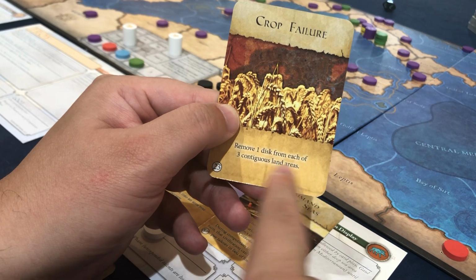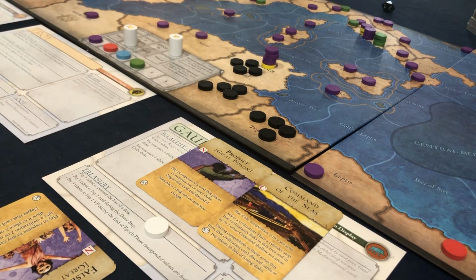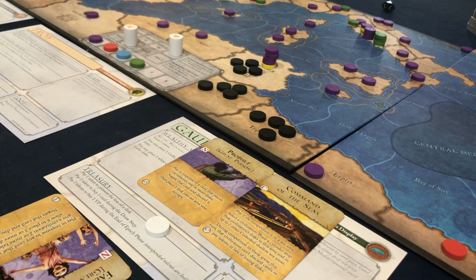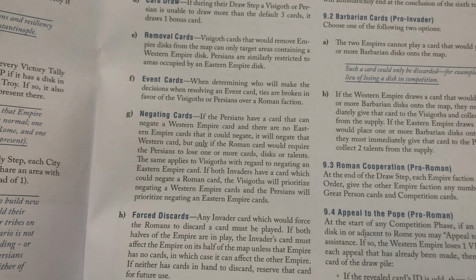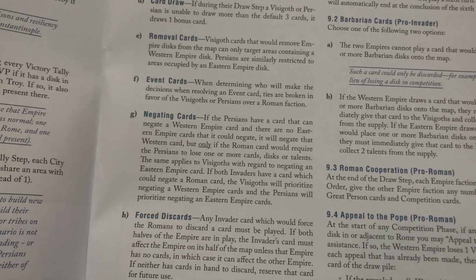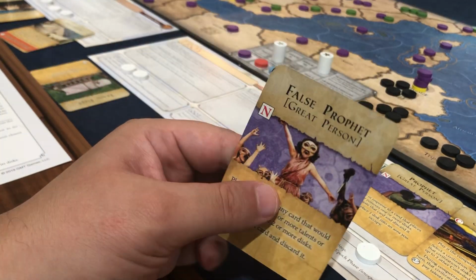So now we move to Eastern Empire. Remove 1 disc from each of 3 contiguous land areas. And they're going to definitely do that. And I don't think anybody can negate that. Remember, the AI only helps the other AI if it impacts themselves. Let me read it one more time, but I'm pretty sure that's the scenario rule here. So remember, it's as if the Persians, but just reverse it, because the rules say to do that. So if the Visigoths have a card that can negate an Eastern Empire card, and there are no Western Empire cards that can negate it, it will negate that card, but only if the card would require the Persians to lose 1 or more cards. Oh, actually, they would help each other. So what it's saying is that they would help, but only if...